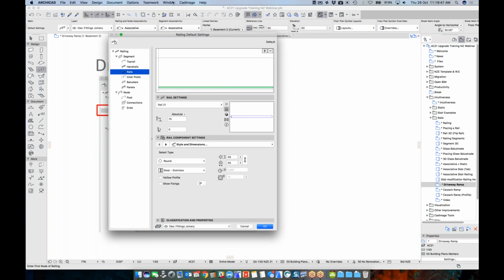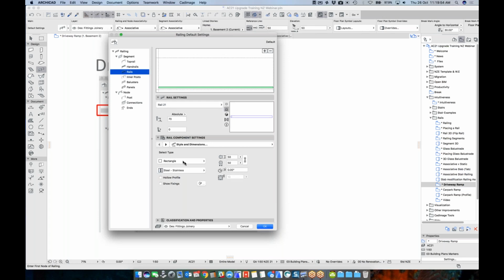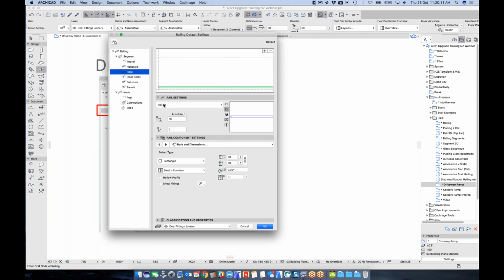Depending on what kind of ramp you wanted, if you wanted just a rectangle ramp, you could then use rail 21 and just change the shape and then set your heights and your thicknesses and your width and how high is it from the bottom of it. What you could also do is you could make a complex profile. So if you had a road, for instance, you could make a profile of that road and apply that as a handrail. So rail 21, if you select rail 21 here,